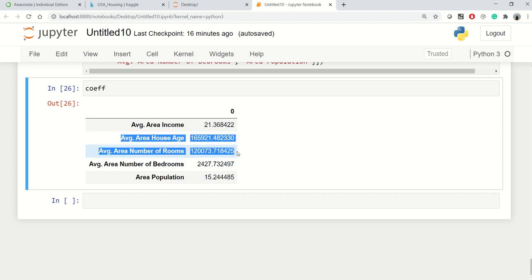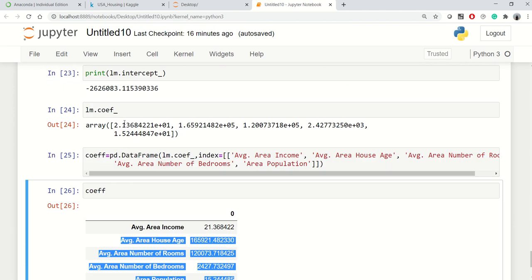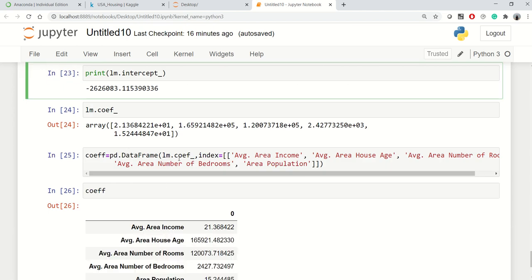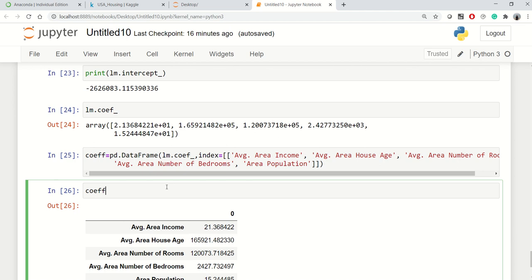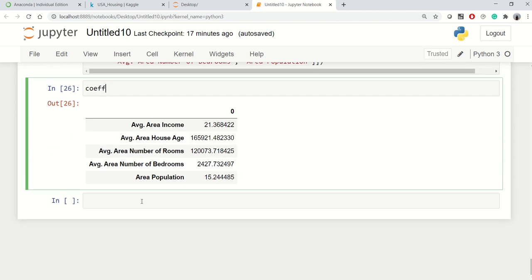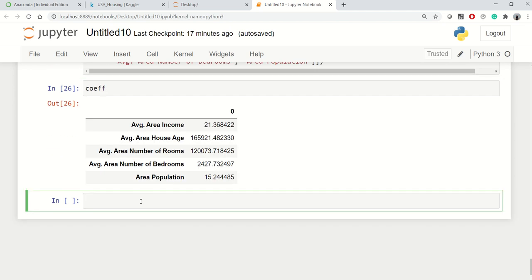So the dependent variable, which is y, the price of the house, is more dependent on these values. Great. So now the coefficient and the intercept of our linear regression have been found. Let's go ahead and try to do some prediction based on our test data. So I'll say predict equal to lm.predict, and the prediction would be done for the testing data which I have created.